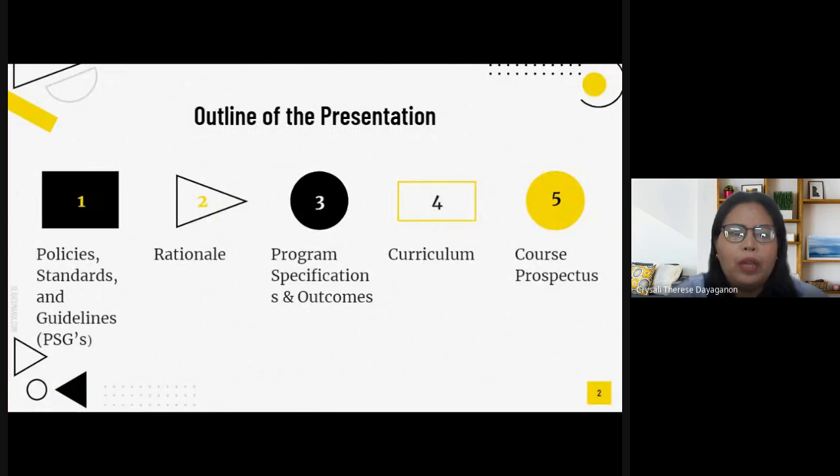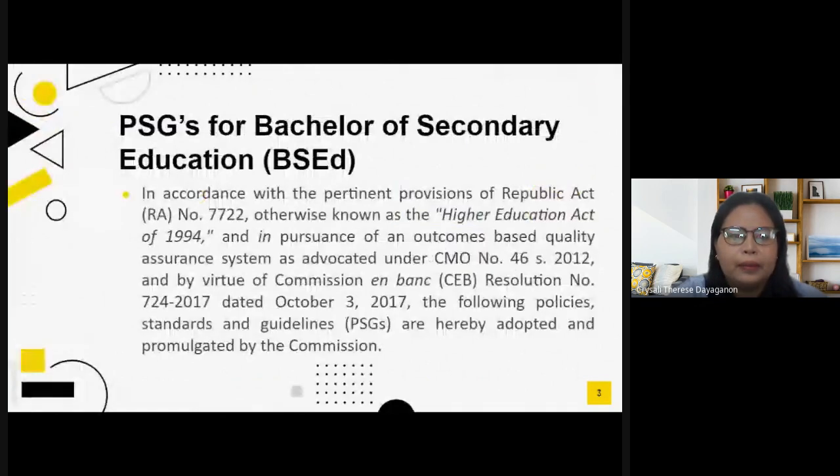Today, we will refocus our attention on the following topics. These are the policy, standards, and guidelines, or the PSGs, the rationale, program specifications and outcomes, curriculum, and the course prospectus. The policy, standards, and guidelines for the Bachelor of Secondary Education, in accordance with the pertinent provisions of